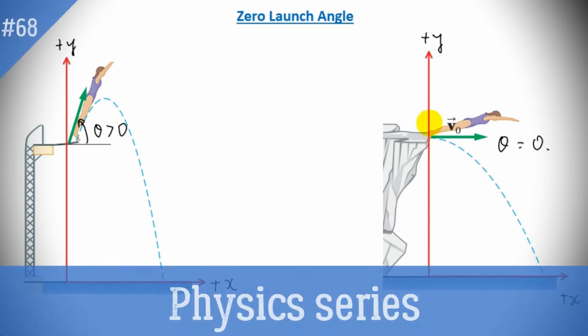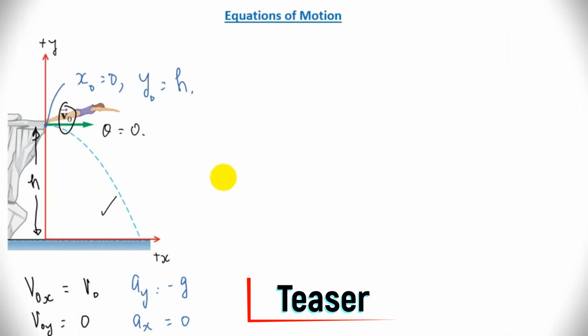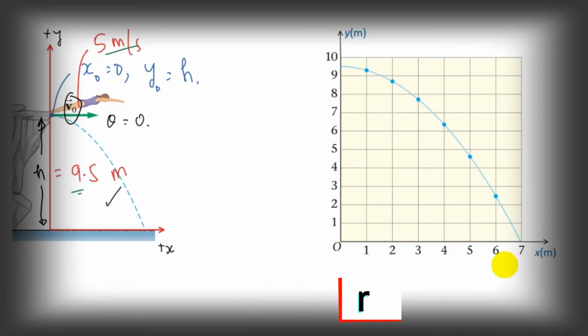We will explore this case, the zero launch angle. I'm going to substitute all these values in the fundamental equations for the projectile motion. So this graph shows